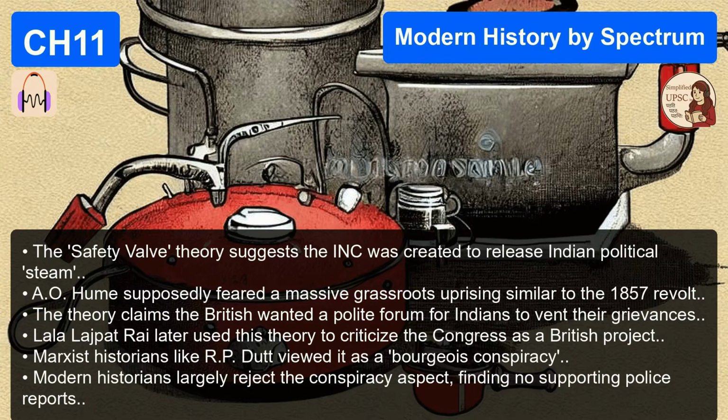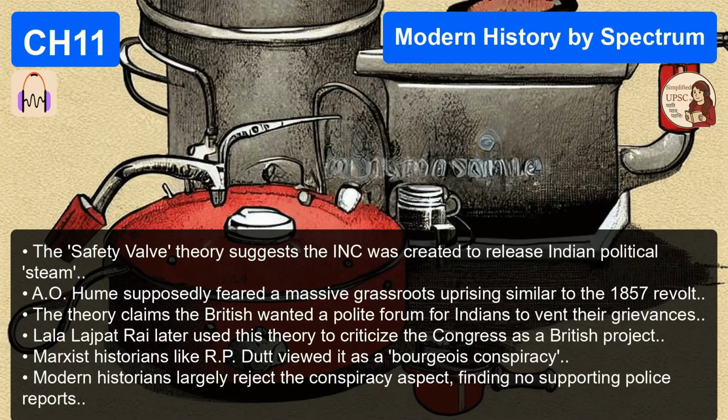And to achieve that, they operated on a two-pronged strategy, right? Yes. Prong 1, create a unified public opinion within India itself. Prong 2, persuade the British public and the Parliament in England. Which is why they spent so much time and money over there. They established a British committee of the Indian National Congress in London. They even started publishing a journal called India just to educate the British voter about Indian realities.